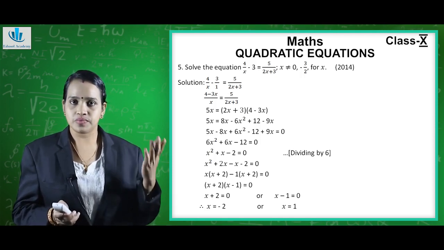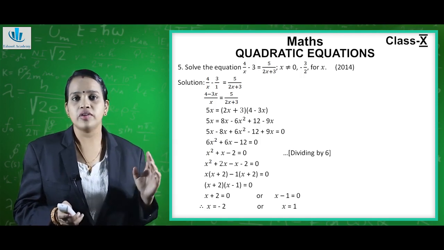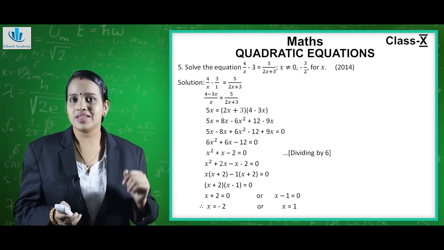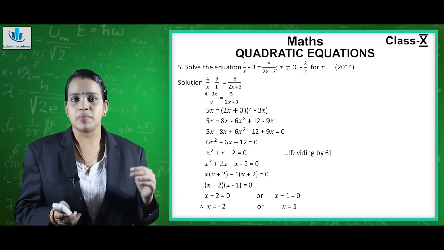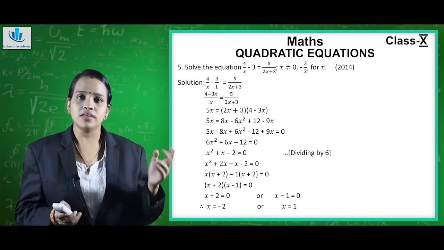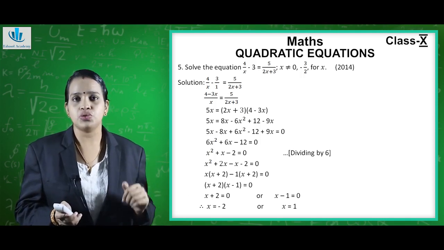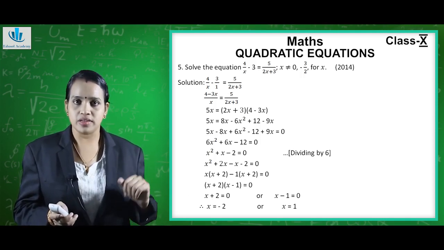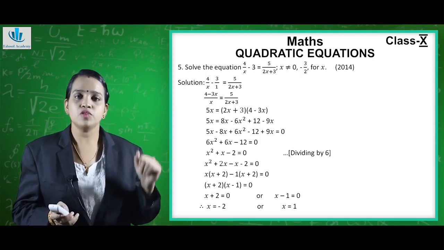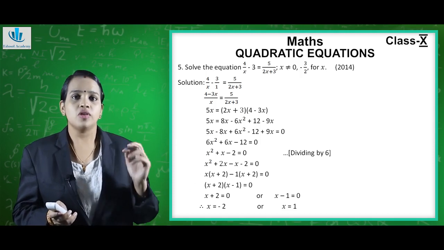Now we will take all the equation terms on the one side and we will give it as 0. So 5x, plus 8x becomes minus 8x when it goes on the other side. Similarly for minus 6x raised to 2, it becomes plus 6x raised to 2, plus 12 it becomes minus 12, minus 9x it becomes plus 9x. Now nothing remains, it is equal to 0. Now we will arrange it.